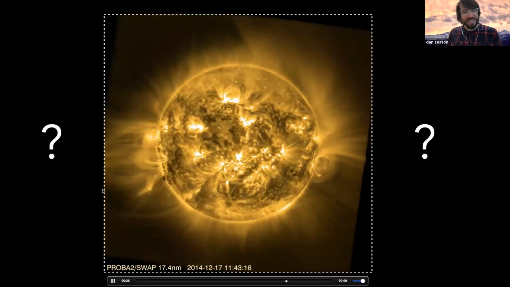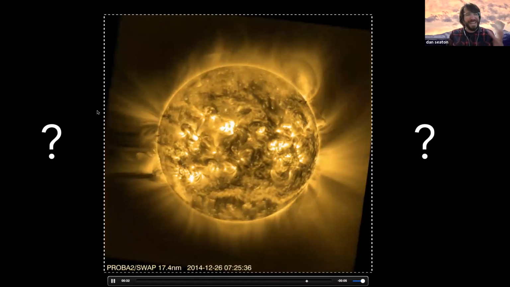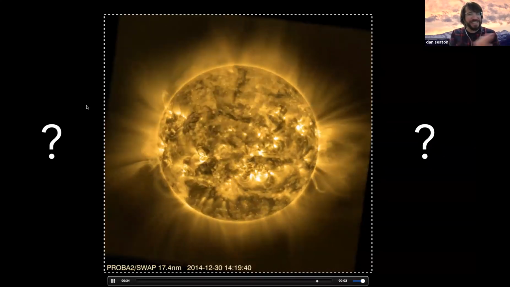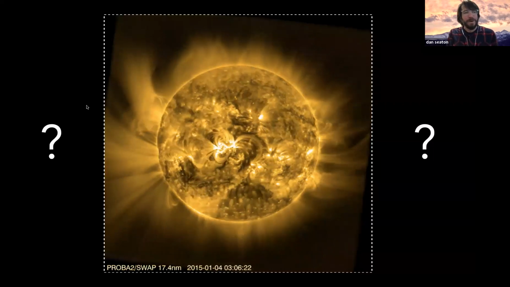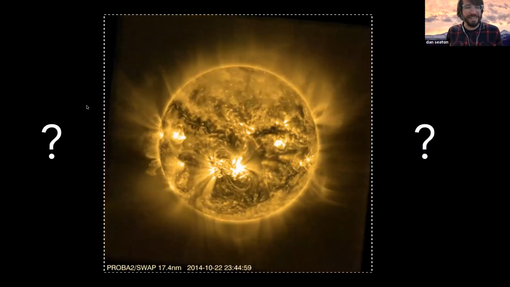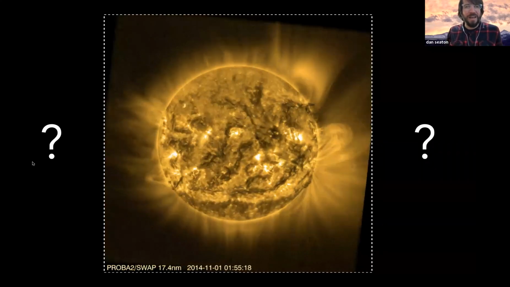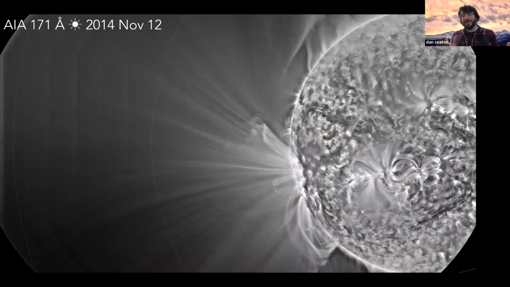But it really left us wanting more, right? Because you can see that these things must connect to something that's further out. There's clearly something to be seen, but even this larger field of view out to 1.7, 1.8 solar radii doesn't get us quite all the way there. So what was there? Well, AIA actually provided a great opportunity to explore this, because it turns out AIA does